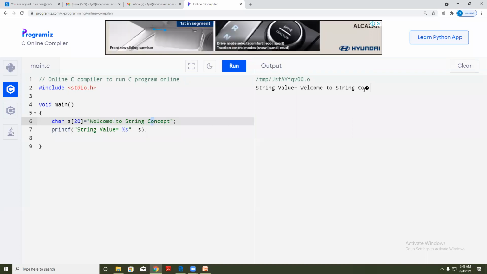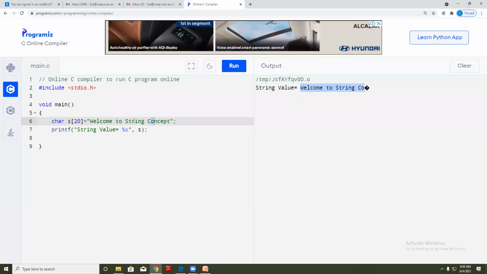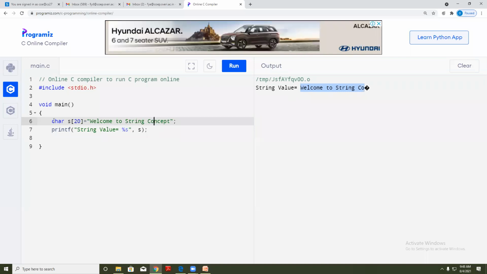Okay, so up to 20 characters it is printed, but the size exceeded, so the rest is not going to get printed. हे print झालेलं नाही. So I need to increase the size of this array to display all the elements.